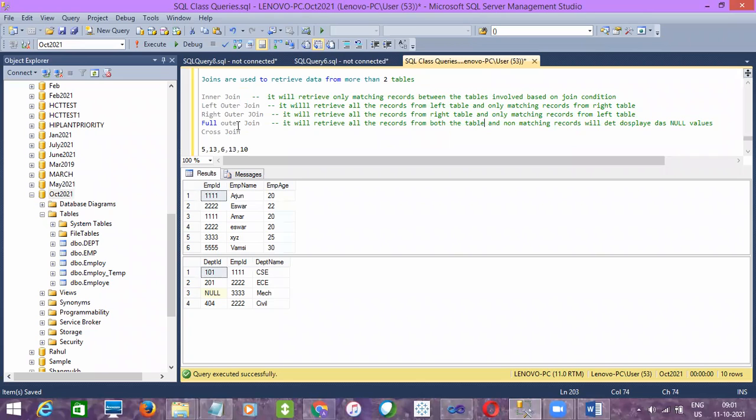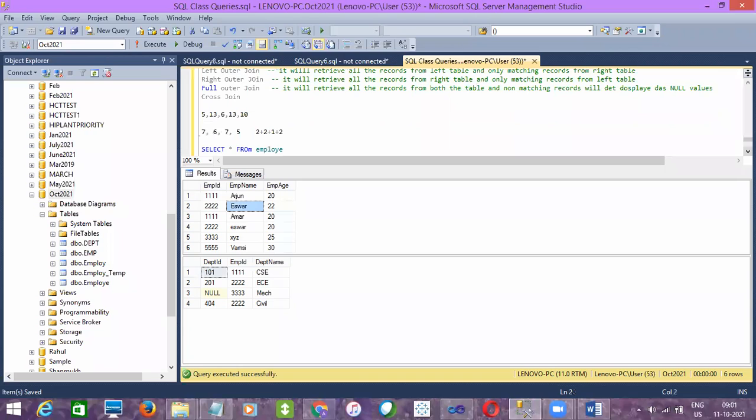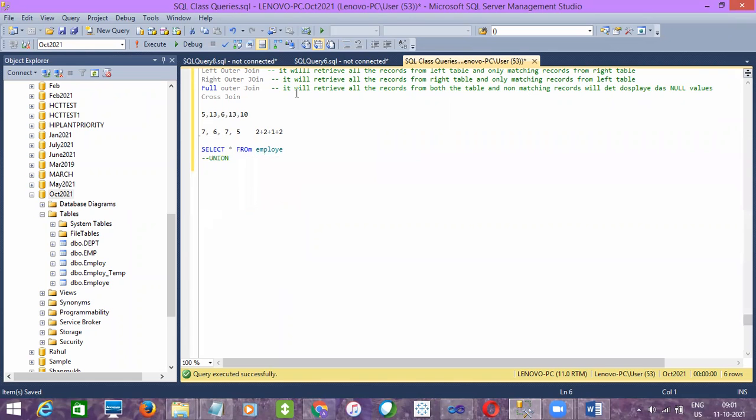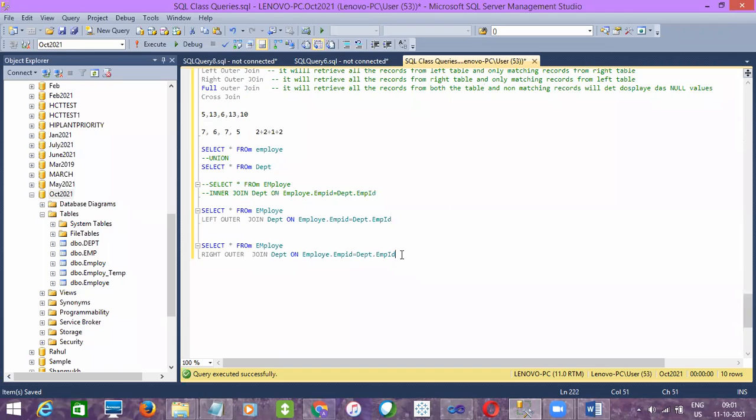How many records for full outer join? Maybe 8. Yeah, I think so. Why 8? Because the 5555 will be matching with a null in the join. Sorry, the matching records are 7 in total. The unmatched is only 5555. So it will also retrieve it, right? For that, the values will be null values from the second table, right? Yes, sir. Let me use full outer join.